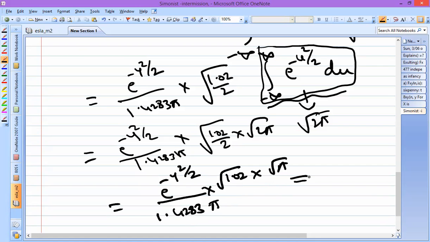So for the entire equation, you can use the calculator and verify root of 1.02 divided by 1.4283, and you need to bring it to the standard form. So e to the power minus y square by 2 divided by pi, root pi by pi is nothing but root pi, and this is root 2, so here we'll be getting root 2 pi. So this is the answer for the marginal PDF fy of y. Have you understood?